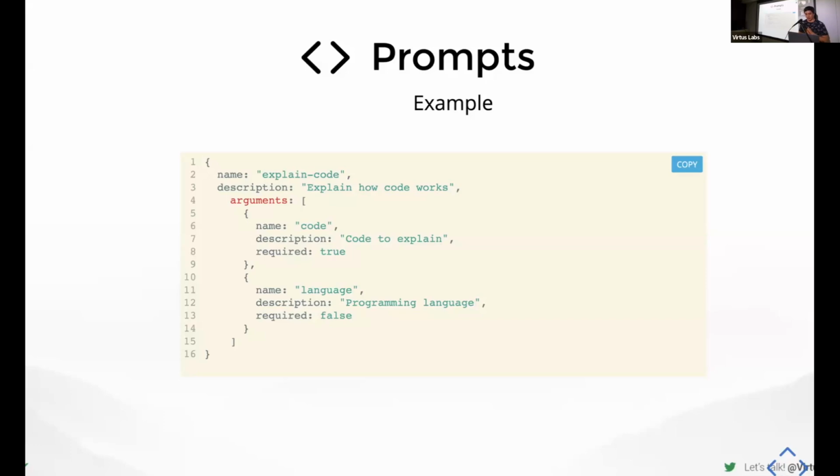So you can have, for example, the language which you're working with, and then the MCP server sends that prompt request for explain code with the arguments, and gets back the full prompt to use. We haven't tested prompts yet. It's mostly tools that we did.